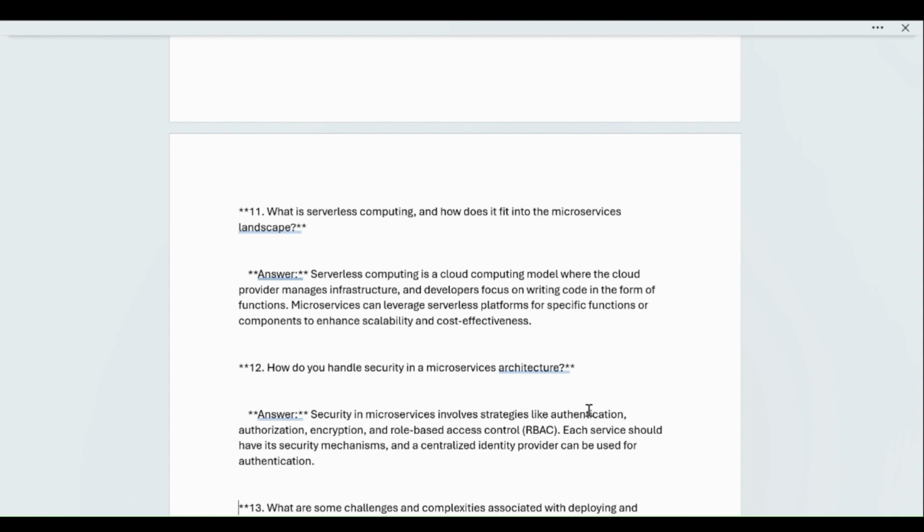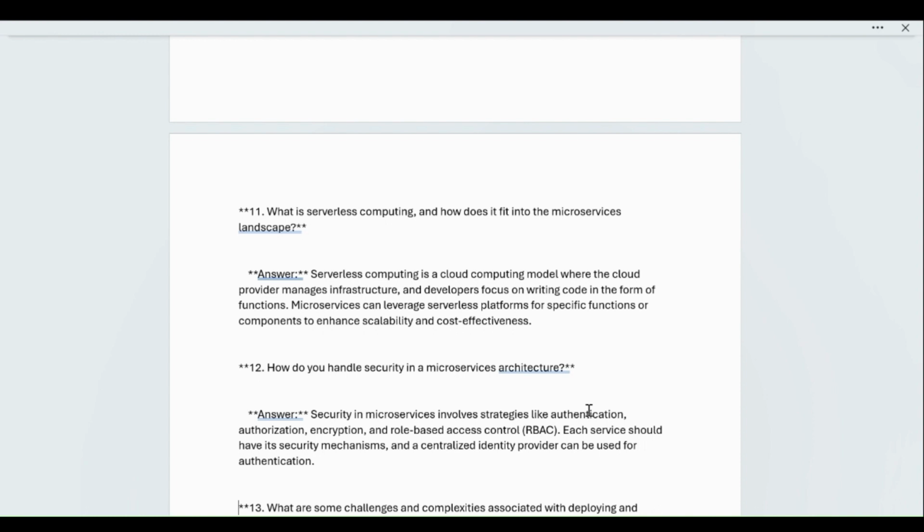Serverless computing is a cloud computing model where the cloud provider manages the infrastructure and the developer focuses on writing code in the form of functions. As the name suggests, you only write the function, and all the infrastructure management is done by the cloud end. So microservices can leverage serverless platforms for specific functions or components to enhance scalability and cost effectiveness.